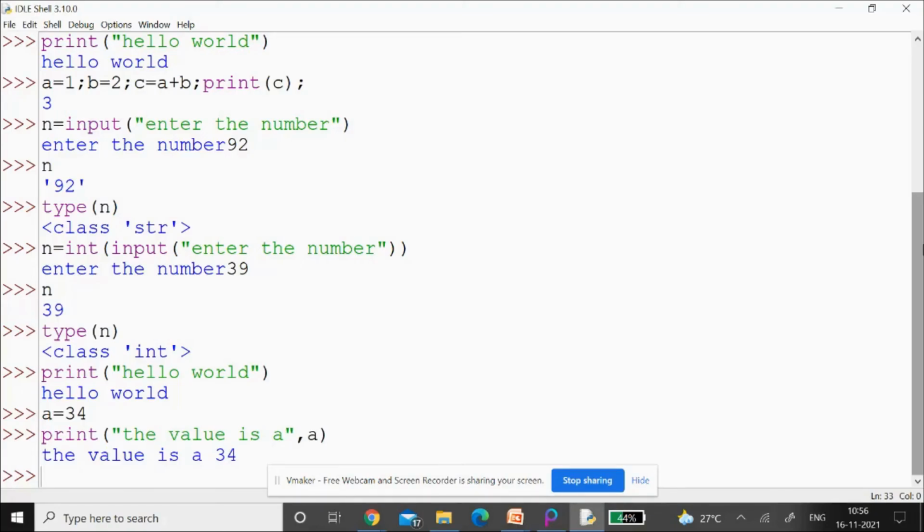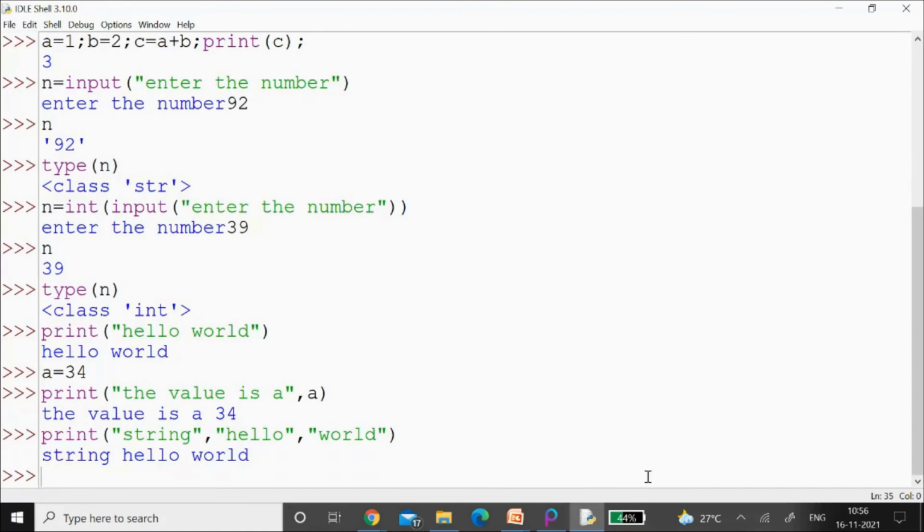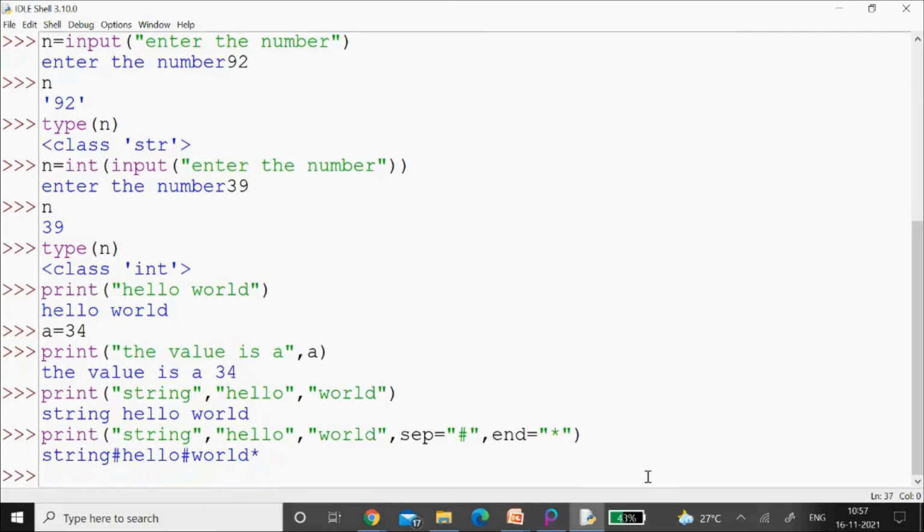print("string", "hello world"). A comma is used to separate the values. It prints the output with a space because the default separator is a space. Now we are going to change the separator and see how it prints. print("string", "hello", "world", sep="#", end="*"). See the output: string#hello#world*